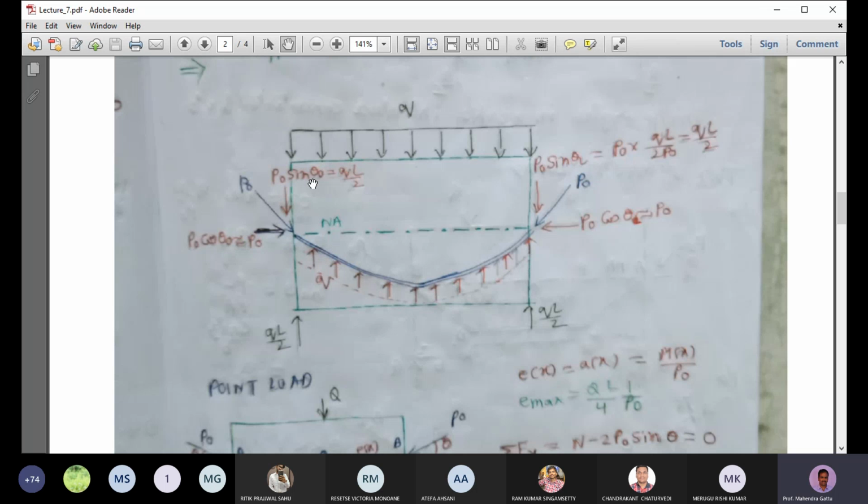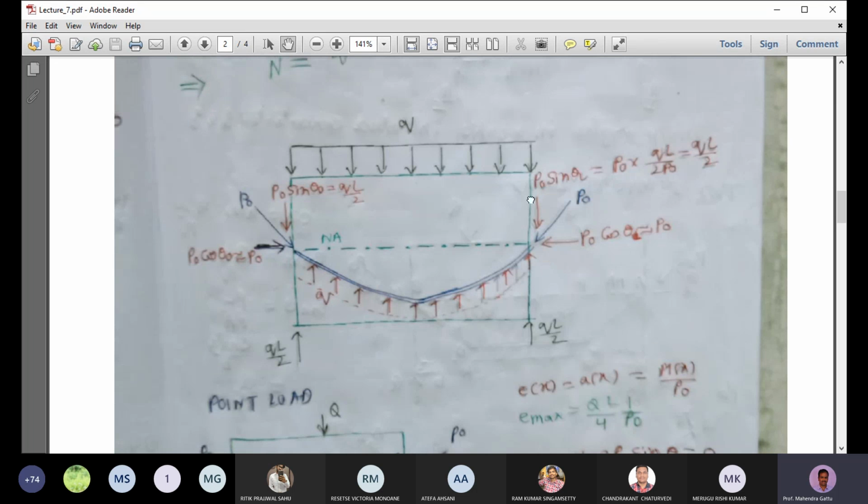So this QL by 2 is balanced by this QL by 2. And here this QL by 2, which is coming from the cable, is balanced by the support reaction QL by 2. And whatever distributed load Q is acting is balanced by this N acting on that cable. So that Q is balanced. This entire system is in a state of equilibrium, except that there is an axial force acting along the neutral axis, which is compressing the beam. So the beam will be in a state of compression, but it will be straight. That means it will not bend when you provide the cable profile like this.